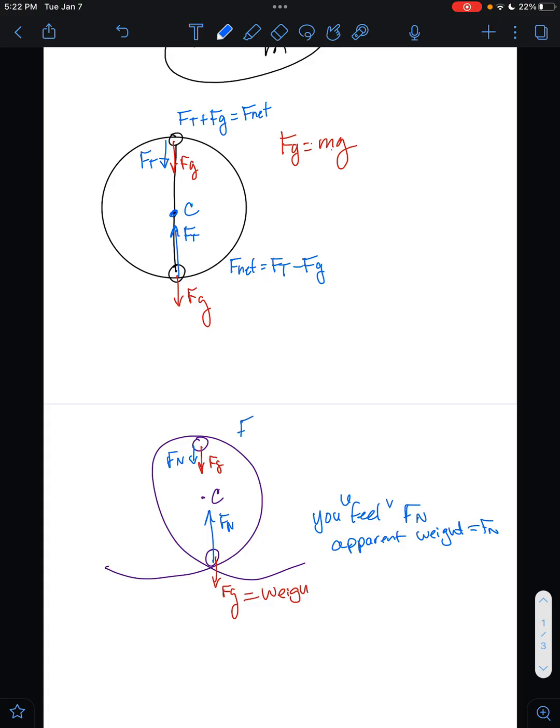Again, we would say that the net force at the top would be like Fn plus Fg. They're pointing together. We could set that equal to ma, or that's the same thing as mv squared over r. And at the bottom, we could say something like Fn minus Fg is equal to my net force, or that would be equal to ma, or mv squared over